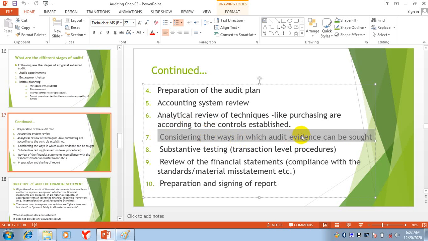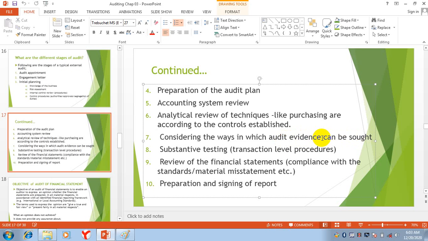So in this way, we will obtain evidence of that land. Similarly, for other things, purchase of inventory, purchase of furniture, there will be quotations and other formalities. So whether these formalities are complete or not. So in this way, they will obtain evidence.